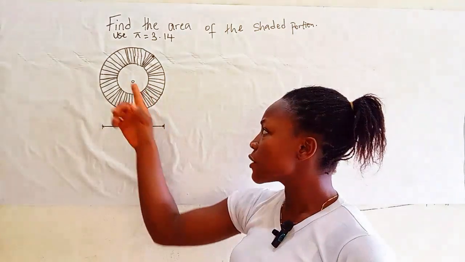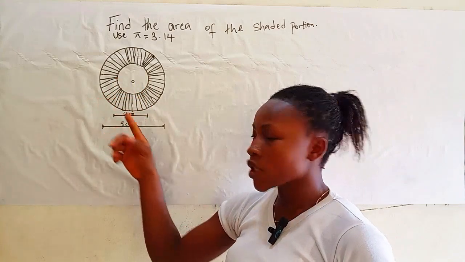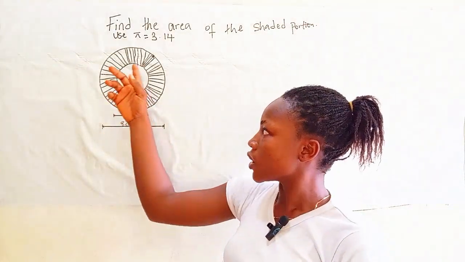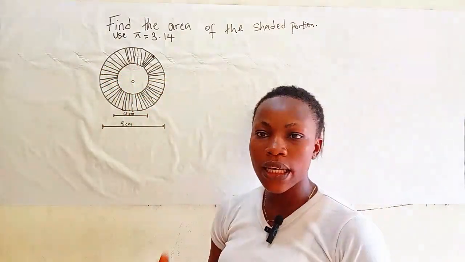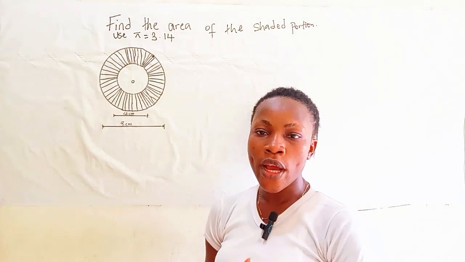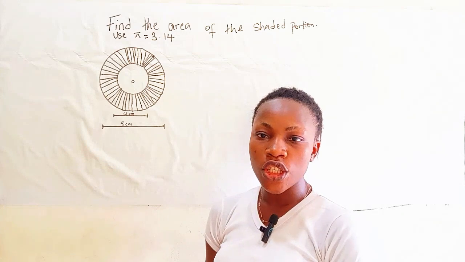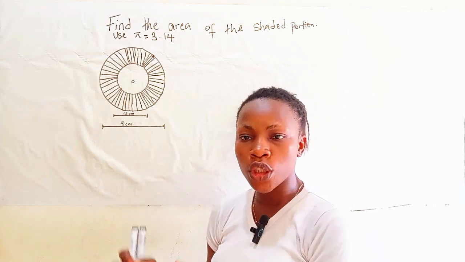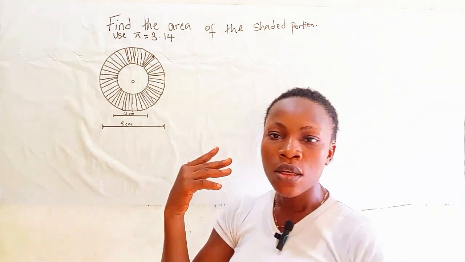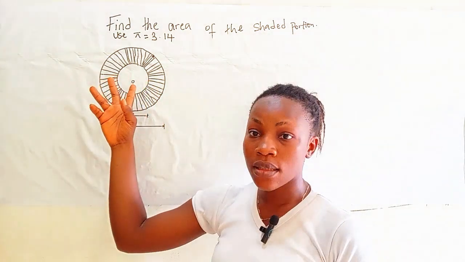That is, for this smaller circle, from here to here is 4 cm, while for this bigger circle, from here to here is 8 cm. So we are to find our radius and use it to find the area of the shaded portion. Like I said on my last video, what this thing means is that